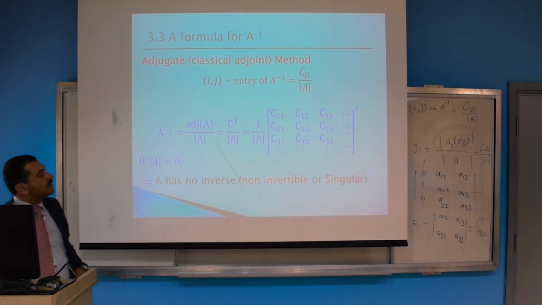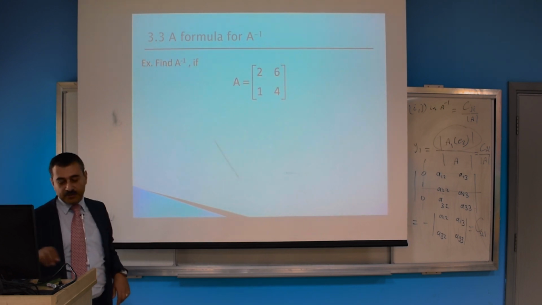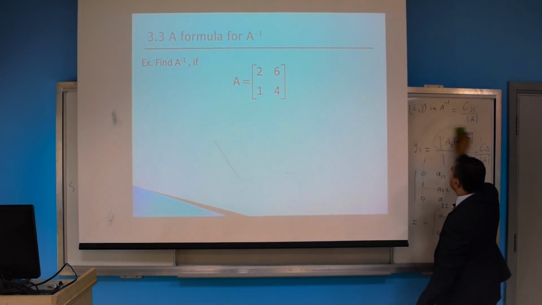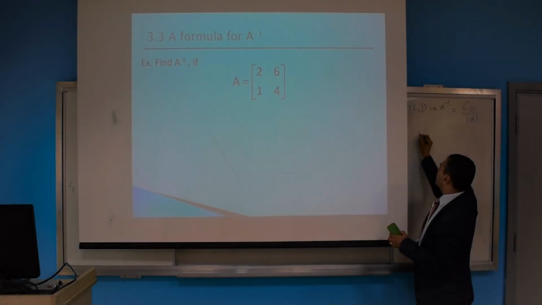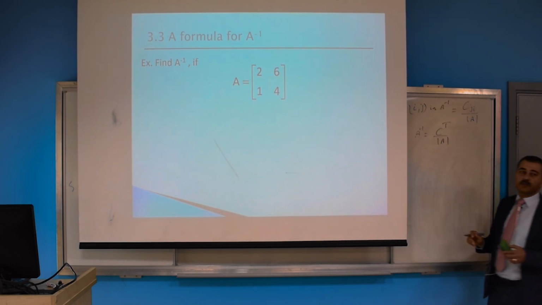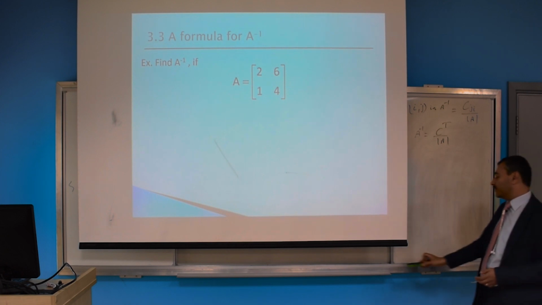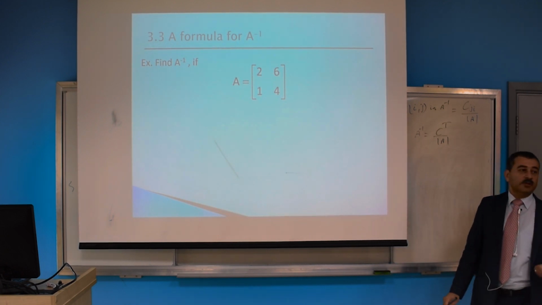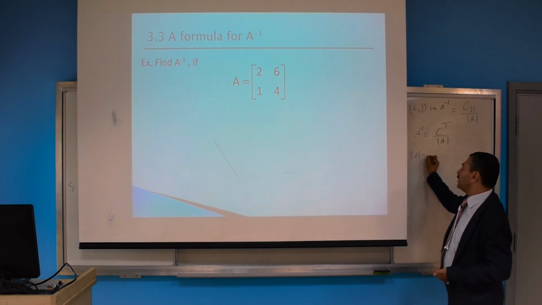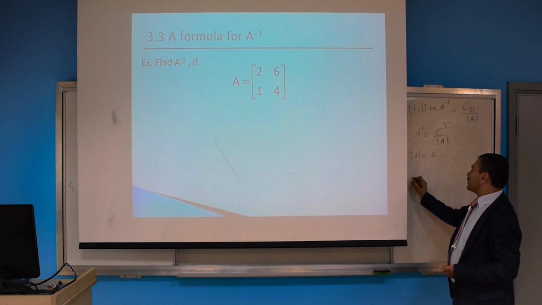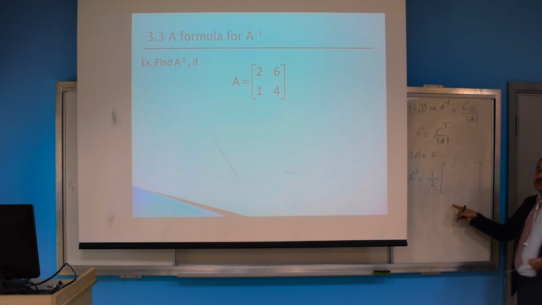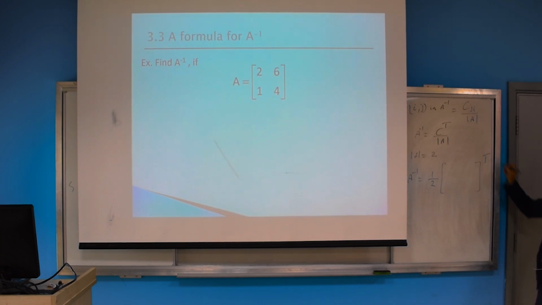Okay? So let's apply it for this matrix, for example, to find the inverse. I'm going to use this rule. The inverse of A equals the cofactor matrix transpose divided by determinant of A. Let's apply it for this example. What is the determinant of A? 2, right? Determinant of A equals 2. So the inverse of the matrix A is 1 over 2. I'm going to write here the cofactor matrix and then transpose it.